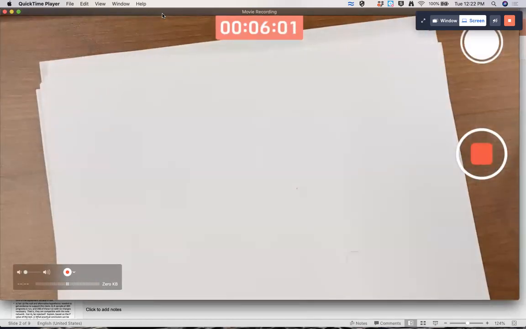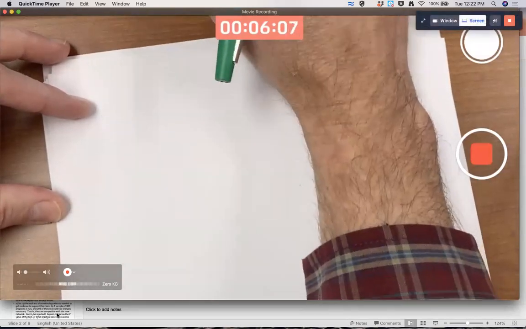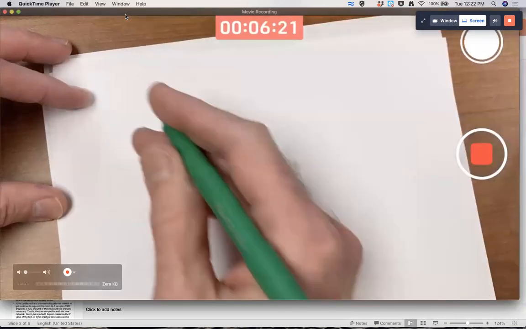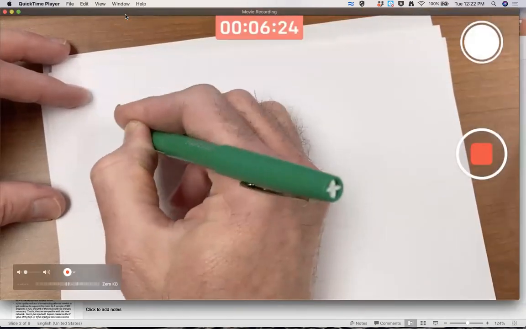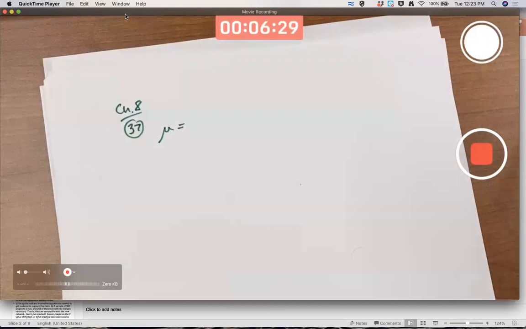And again, oftentimes we're not extra picky about actually stating the meaning of the population parameters. They don't say to do that here. And I don't always require it on tests or on homework, but really in reality, you should. Chapter 8, number 37. Mu is a population parameter. It's good to keep that in your mind. That's the thing you're trying to test. It's unknown. Nobody knows it except God. Okay? You'd like to know something about it.